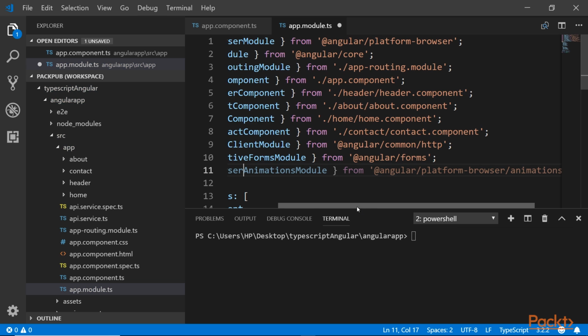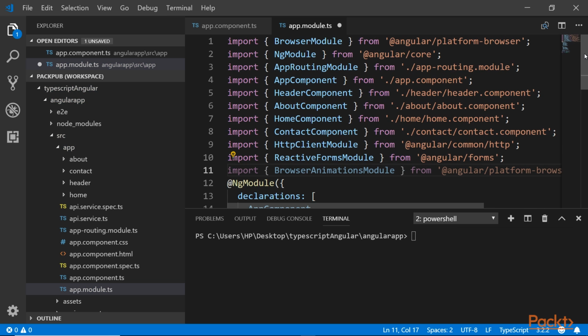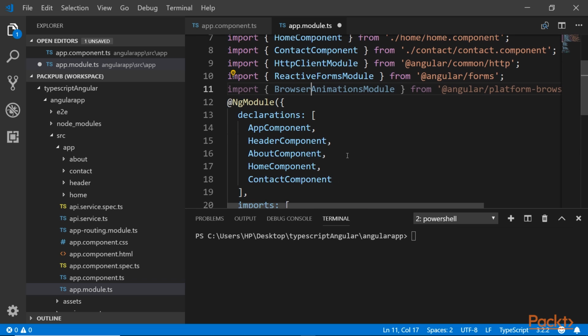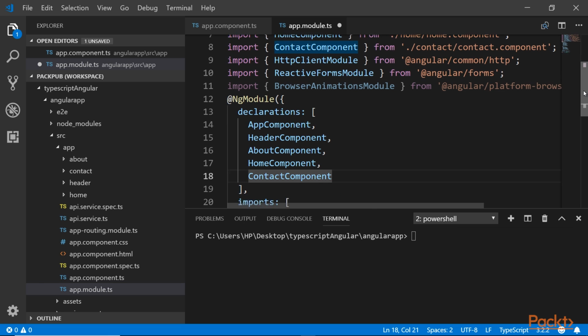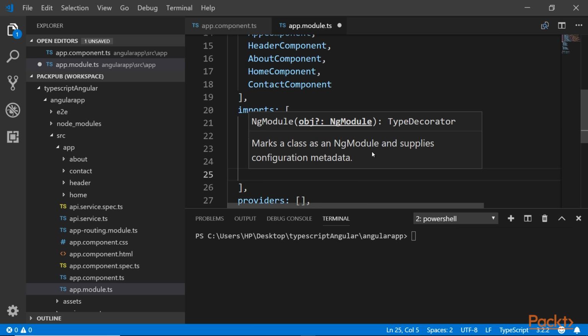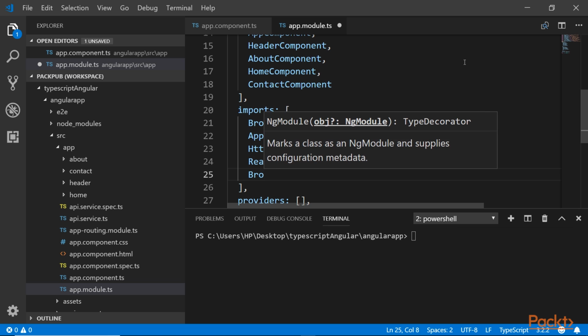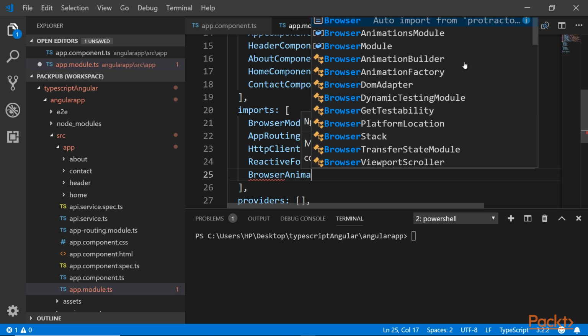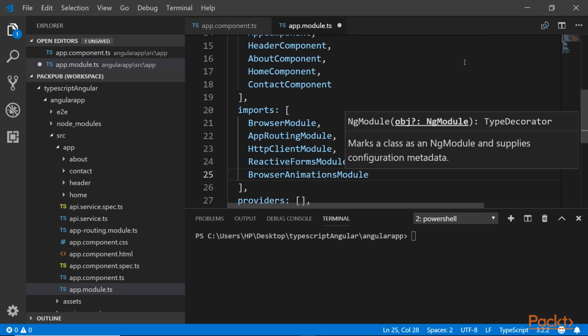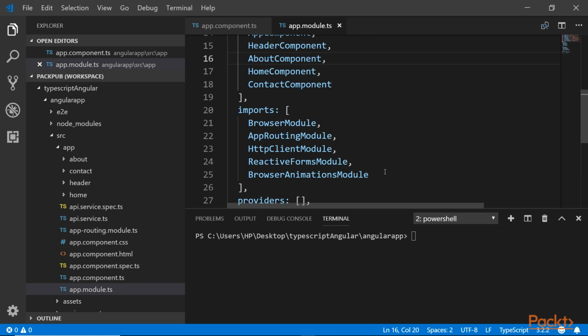Now the second thing I need to do is go to the NgModule, and there in the imports area, add another comma after the very last element and type BrowserAnimationsModule. Okay, I got that already. So now we've successfully imported the Angular animation